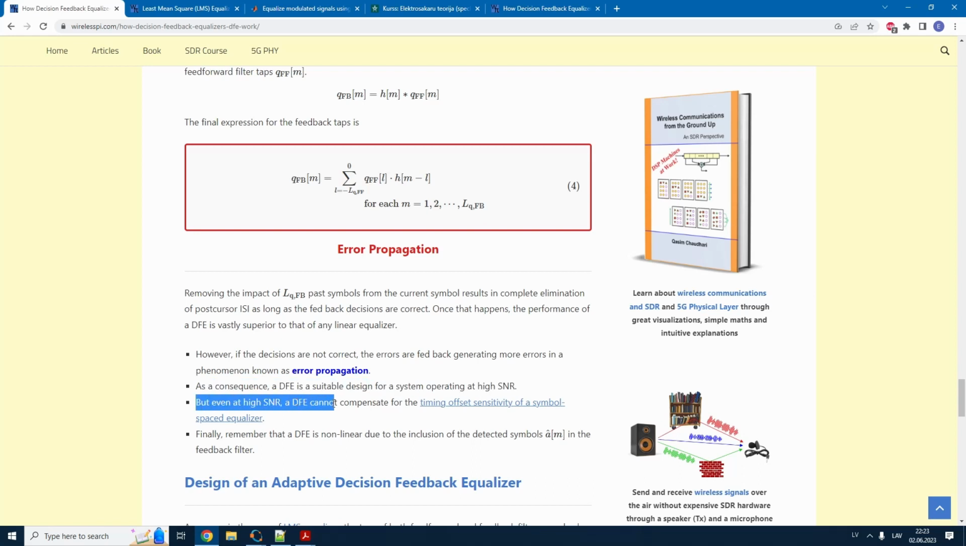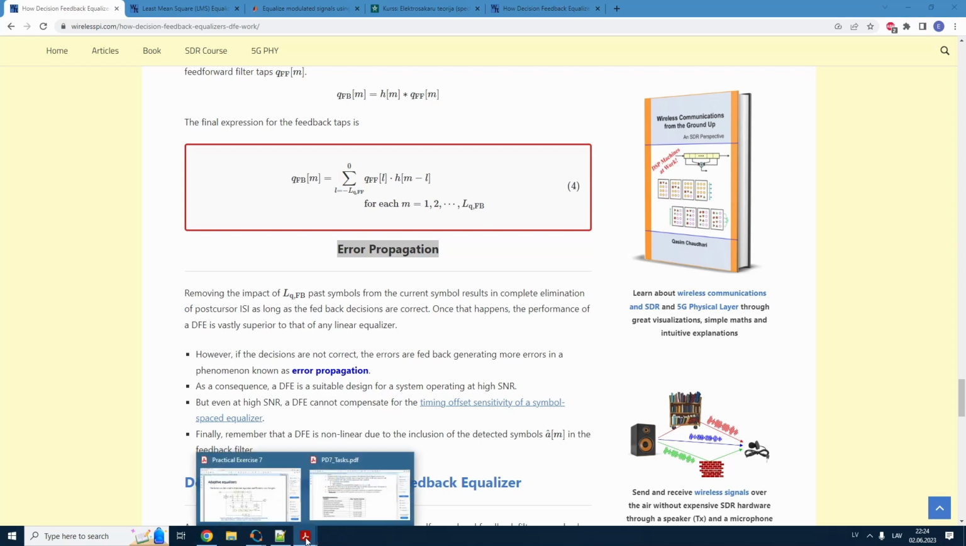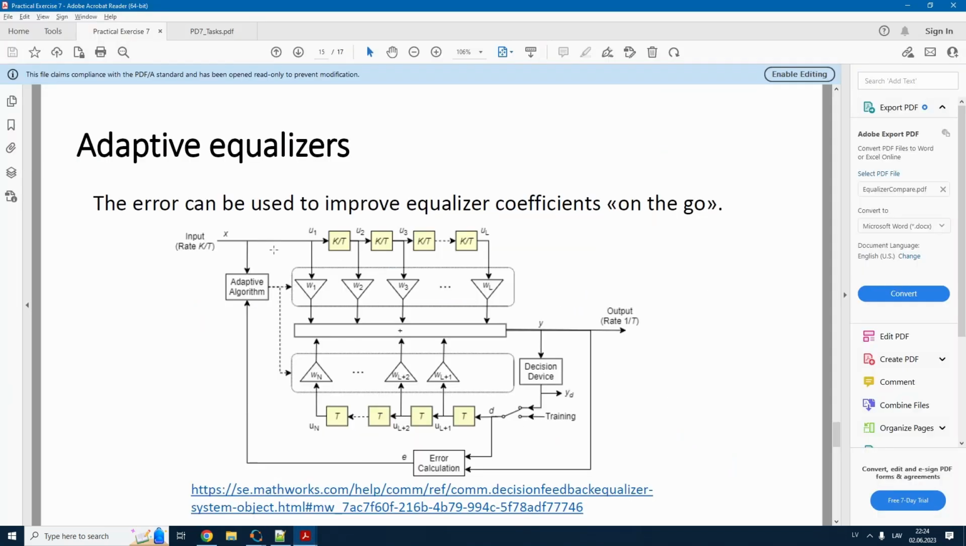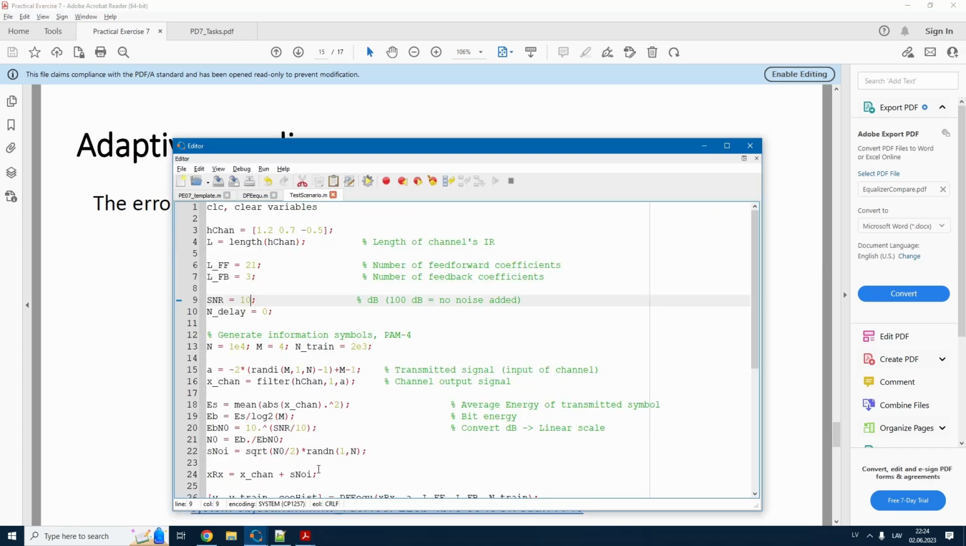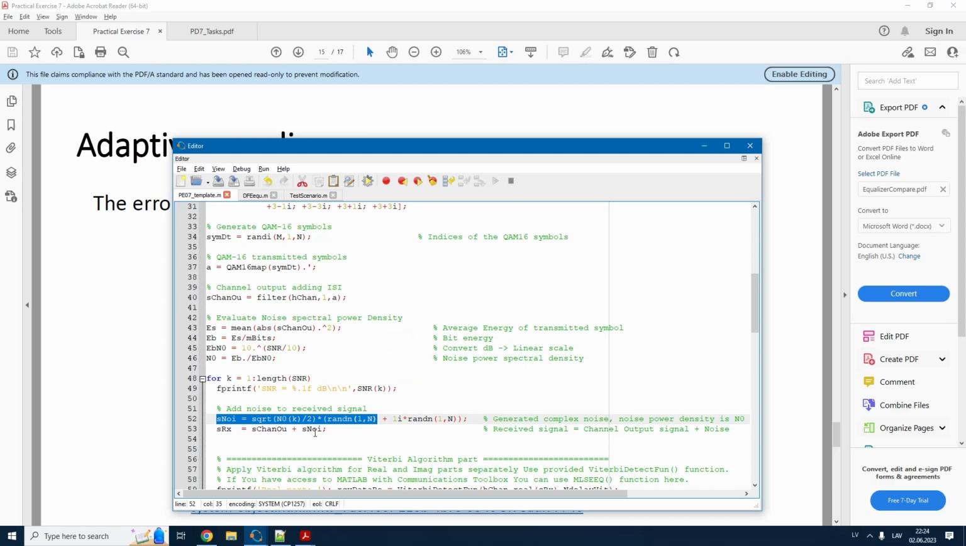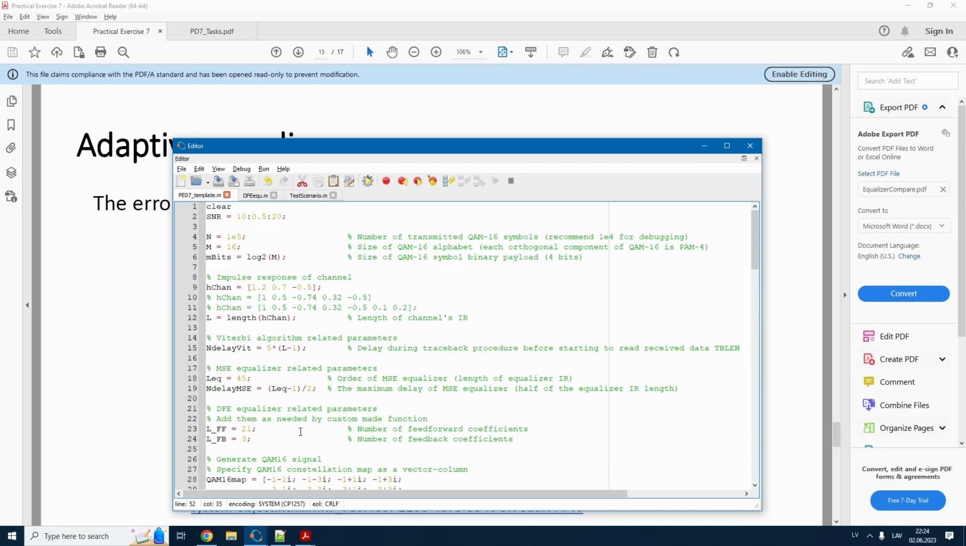But even at high SNR it still cannot compensate specific types. At the low signal to noise ratio, yes, there is an effect of error propagation. These errors are basically fed back in this feedback filter, again at the input of this equalizer, and they circulate endlessly, and add up more and more. So what we need to do now is to return to this program here